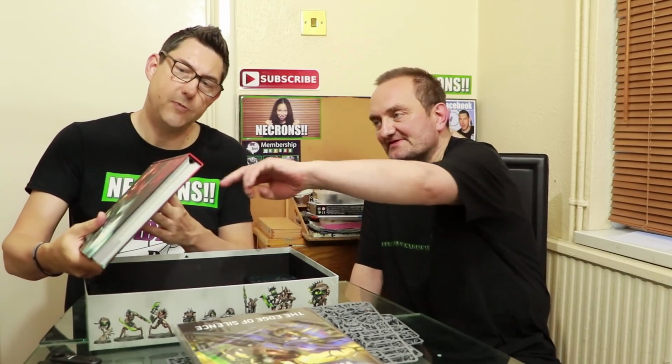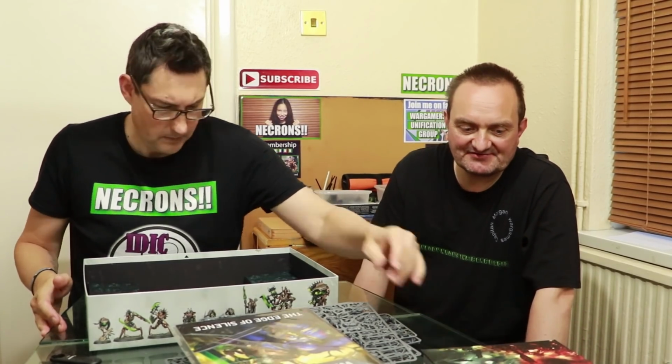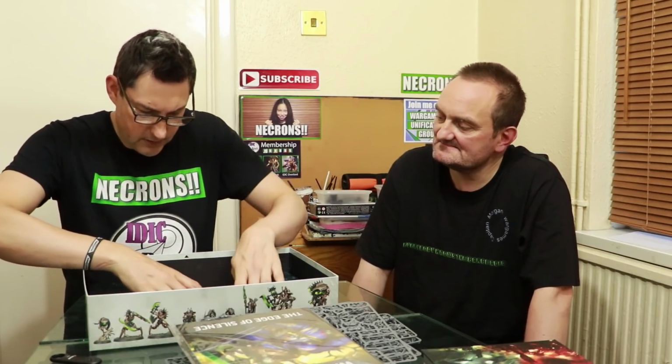That's a pretty cool cover, isn't it? I like that cover. Yeah. The other one says Warhammer at the top, core rules, and this one just has the picture. Yeah, and it says it on the spine. Yeah. So we got the core rule book, I didn't want to ruin that piece of artwork. No. And then we get another little